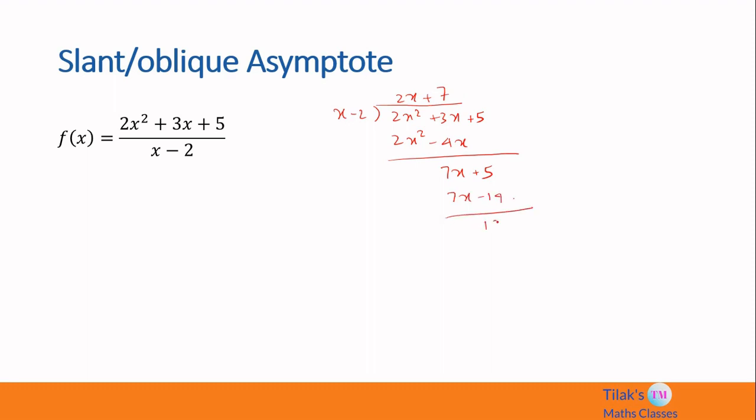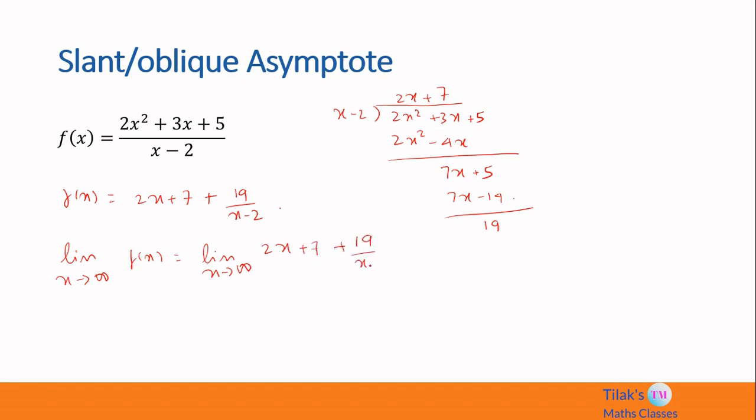So, the remainder is now 19. We cannot continue with the division anymore. So, we can write f of x as 2x plus 7 plus 19 by x minus 2. Now, when x is tending to infinity, that is limit x tending to infinity, f of x is equal to limit x tending to infinity 2x plus 7 plus 19 by x minus 2. Now, since x is tending to infinity, x minus 2 is also tending to infinity. So, 19 by x minus 2 will tend to 0. So, we can ignore that and merely write this as limit x tending to infinity